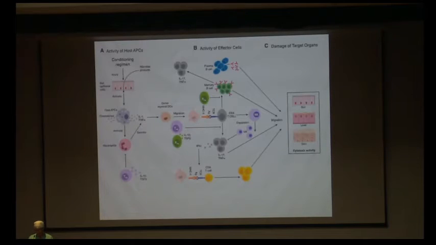So just in brief, what happens in graft versus host disease is that the immune cells of the donor get activated and then attack the cells in the recipient. So it's the other way around from rejection. In liver transplant, it never affects the liver because it is the graft. It affects the gut and skin most of the time.